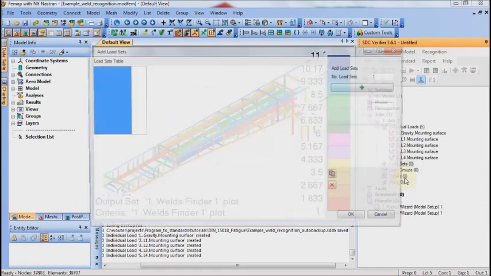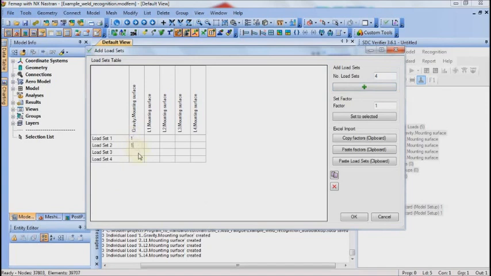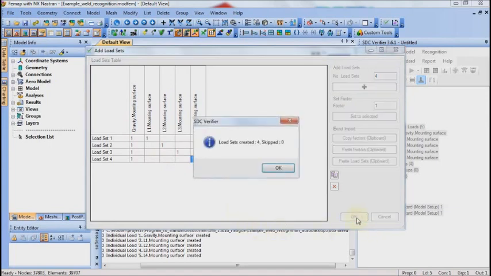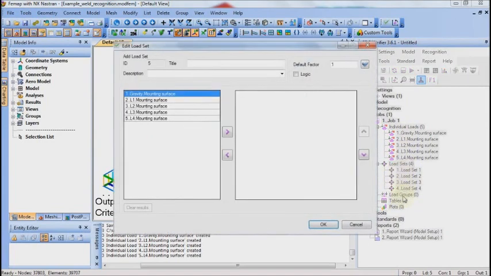For load sets we need to combine all these forces, and for the example we keep everything quite simple. We don't do complicated partial safety factors, we use all combination factors 1. So what do we do? We always have gravity, of course, and then for each of the load sets we have 1 of the individual loads active. So now we're done. We have here our 4 load cases,